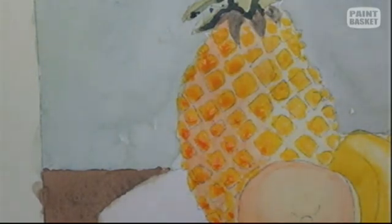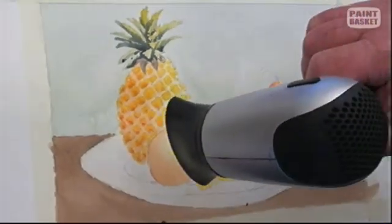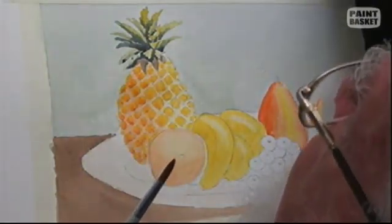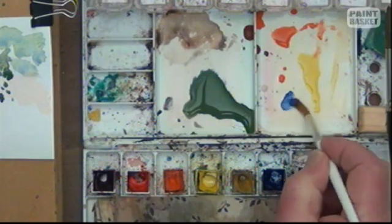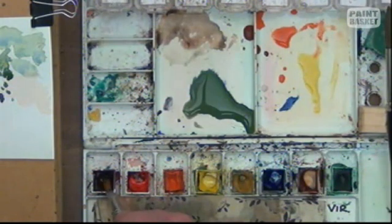Good. So let's put the hairdryer on that. It's not completely dry, but what we can do, let's go work a bit again on the bananas. And I'm going to mix up a little bit of a purple color. You put it on the side, mix it here, and some ultramarine blue and some alizarin